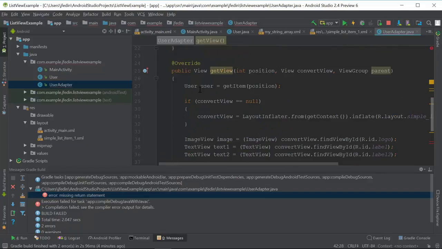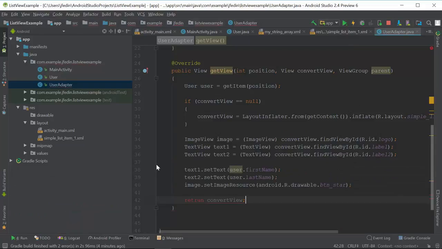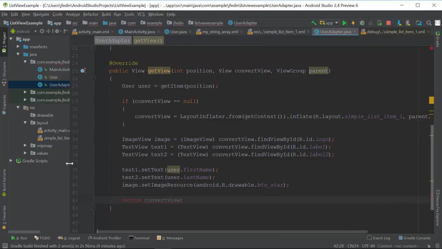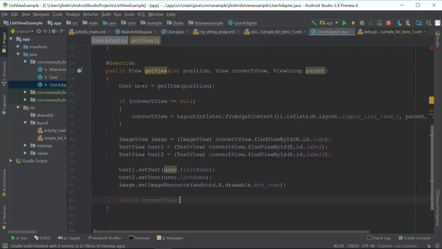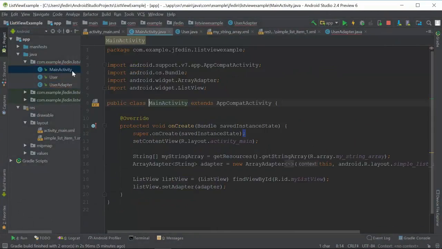And that is how you override your adapter. So just to go over what we did here, we're converting our views. And so we're getting the item position for the user, and then we're just finding the resources and calling the data on that resource. So now that we're done with that, we now want to attach our own adapter to a view using the setAdapter method, and then we're going to populate the data. So now let's go to our activity class, which is our main.java,